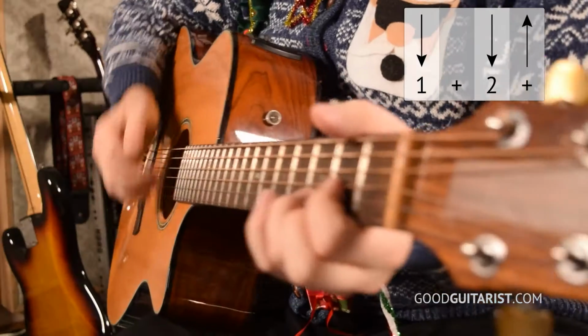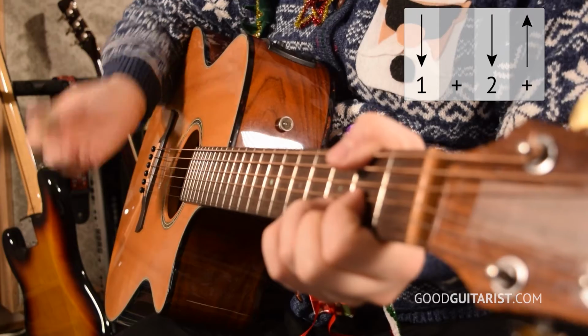Once you're ready, we can take a look at the strumming pattern, which is super simple. Just down, down, up. That's only 2 beats. And, you know, looking at our chord progression, we start off with 2 beats of D. So we play down, down, up